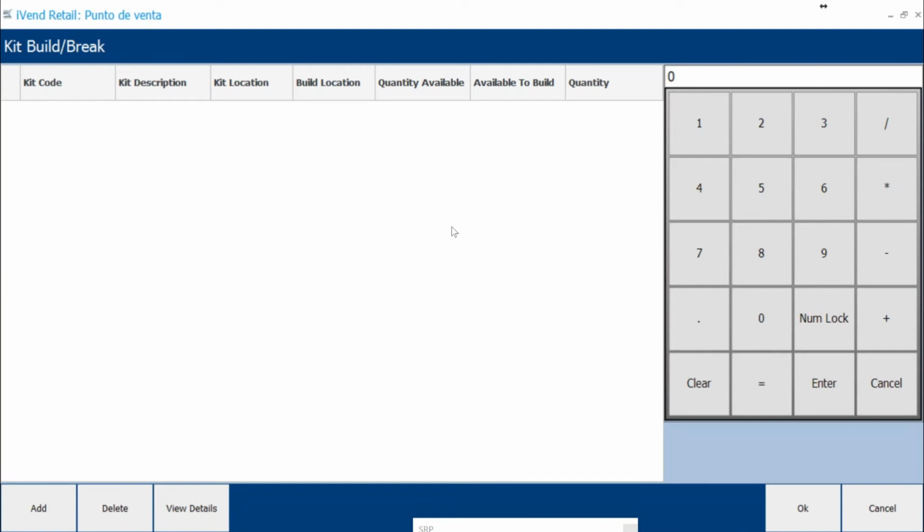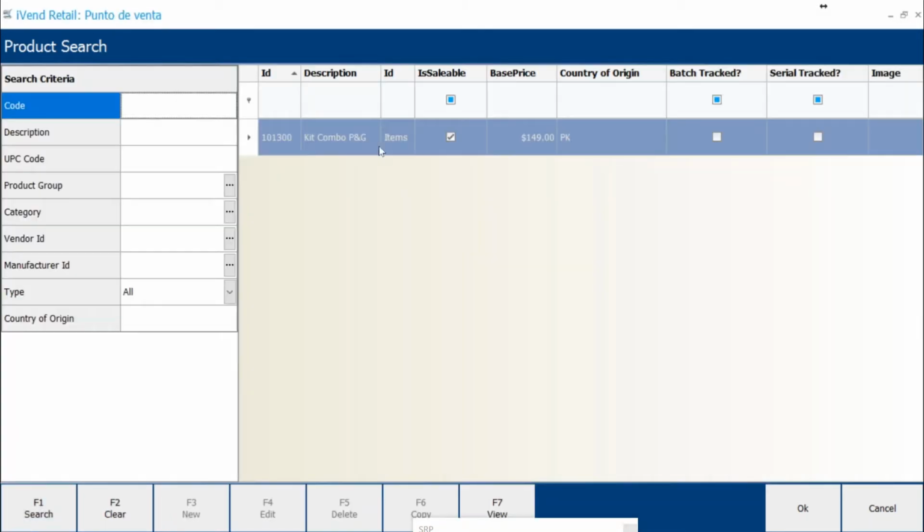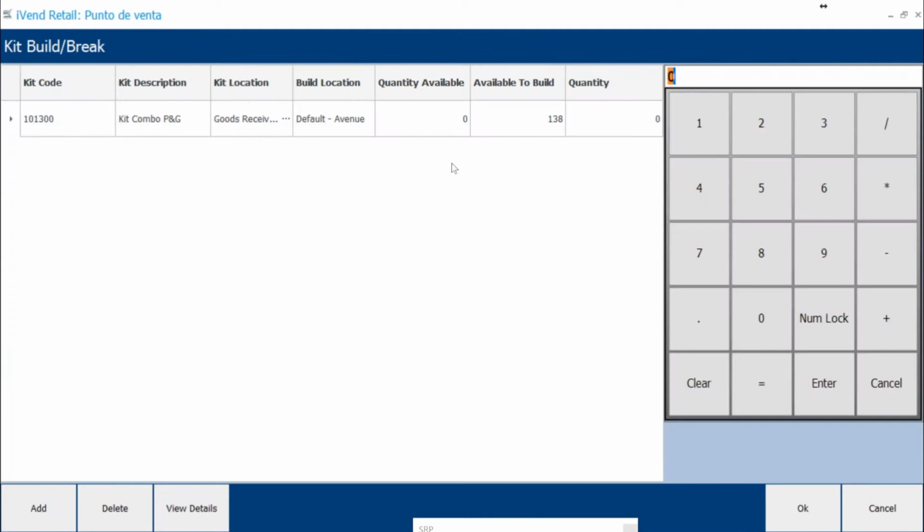Okay, so let's say that I need to sell one of these packages or baskets, but I don't have any in stock. So what I do is I add and I select the kit. This of course has to be defined previously so that it shows up on the screen. So as you can see, I don't have any quantity available, so I need to actually build one. So I go a 1, enter, and that way, as you can see,